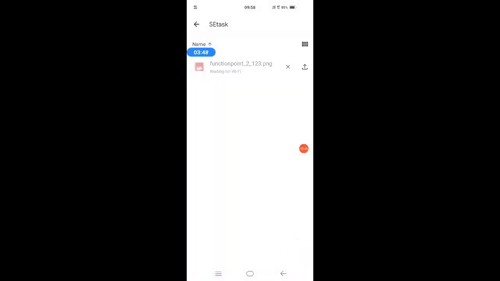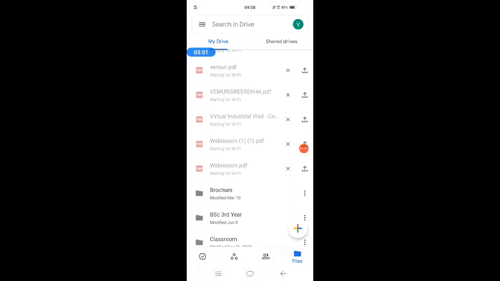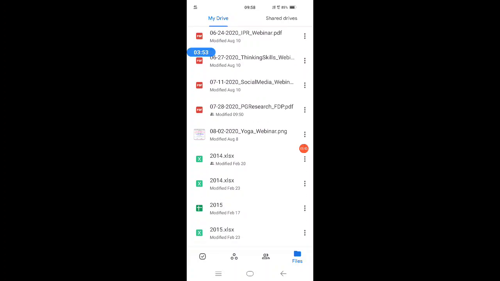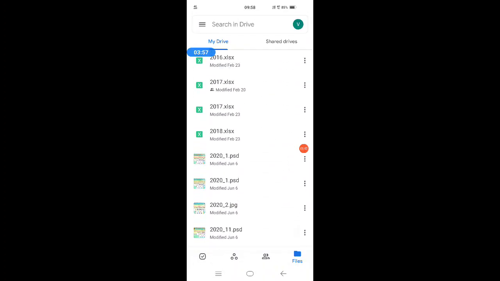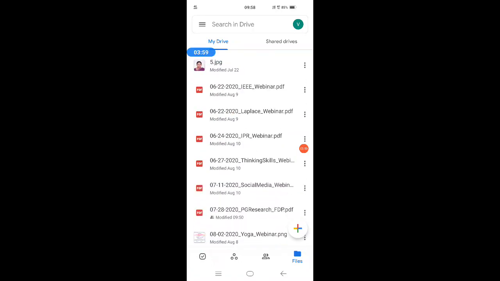As it's still processing, I am showing you with another file how to share. So I am considering some other file. This file has opened, so treat this as your answered file.